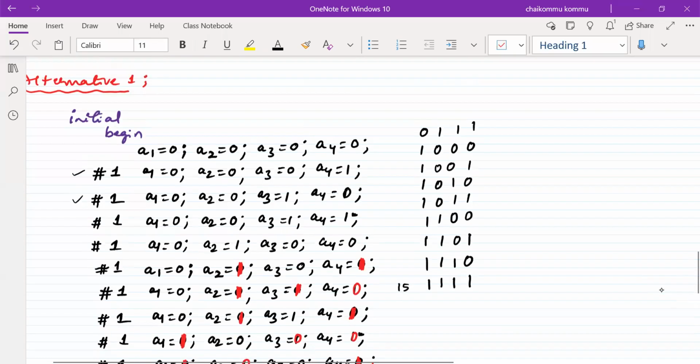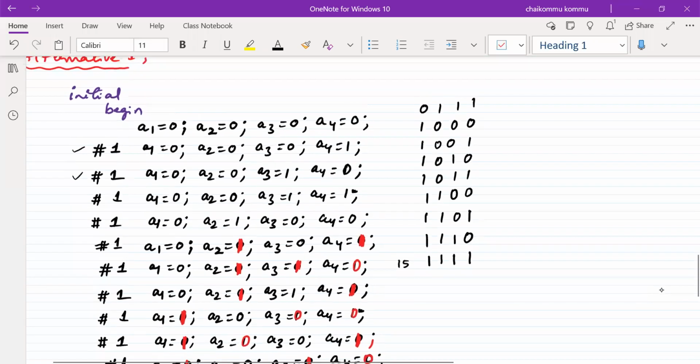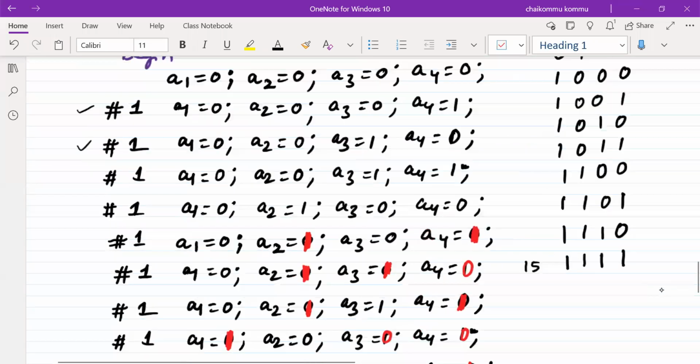Okay, so I'm going to consider this part only. Please identify that. I'm considering this part only.